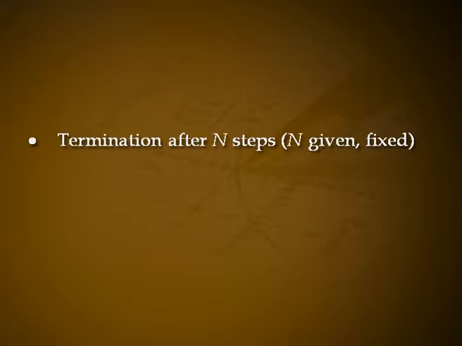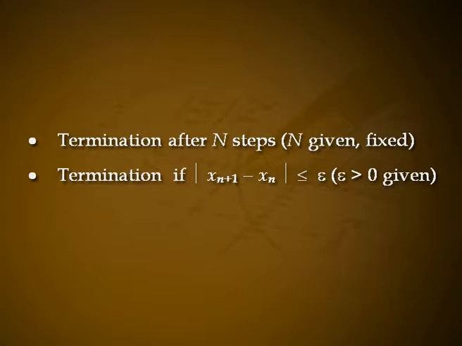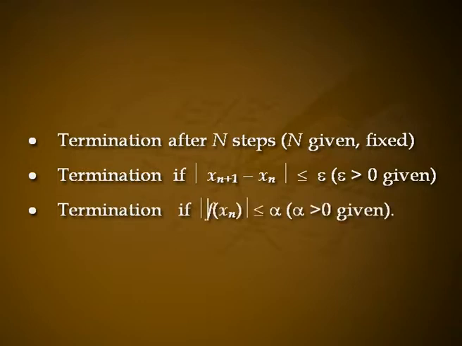Some other termination criteria are as follows. Termination after n steps, n given and fixed. Termination if |xn+1 − xn| ≤ epsilon, epsilon > 0 which is given. Termination if |f(xn)| ≤ alpha for alpha > 0 which is given. In this session, our criterion for termination is to terminate the iteration process after some finite steps. However, we note that this is generally not advisable, as the steps may not be sufficient to get an approximate